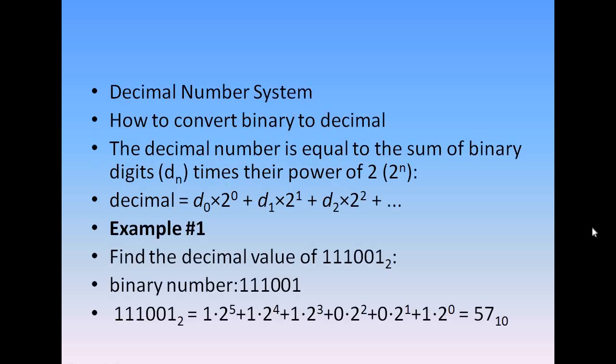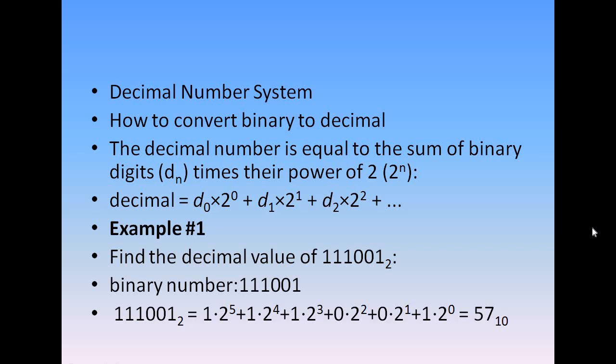We are now going to talk about decimal number system. Deci means 10. The number system that we use most of the time in our daily life is the decimal number system because it has 10 unique digits: 0, 1, 2, 3, 4, 5, 6, 7, 8, 9 and its base is 10. It is called decimal number system. Let us consider a decimal number. How will we represent it?